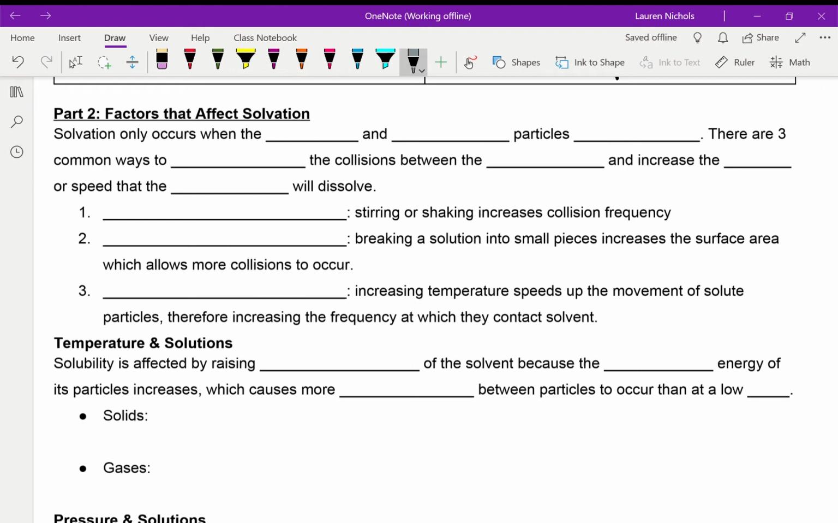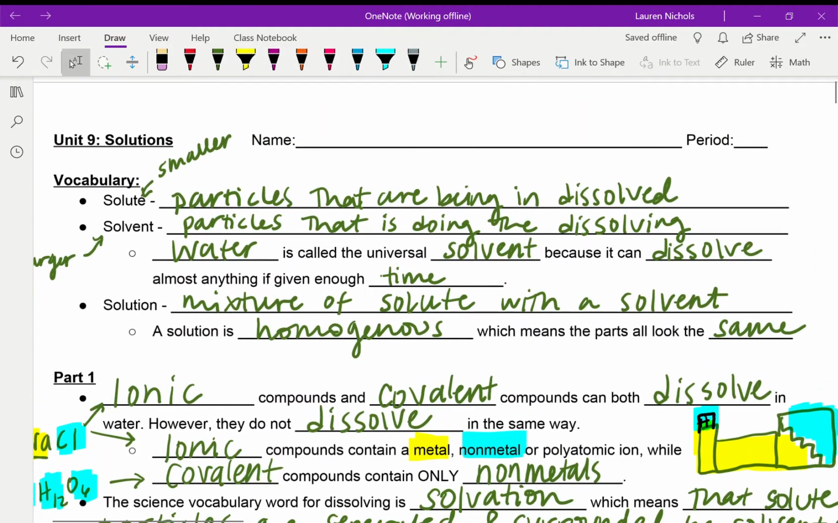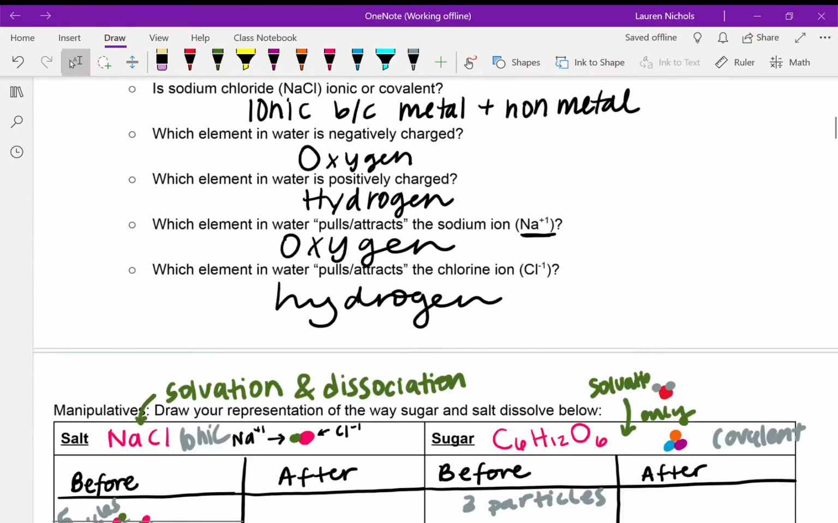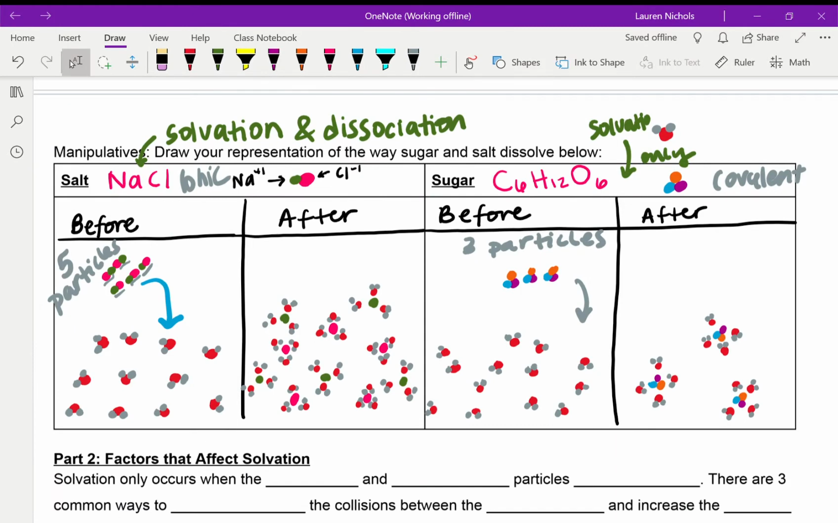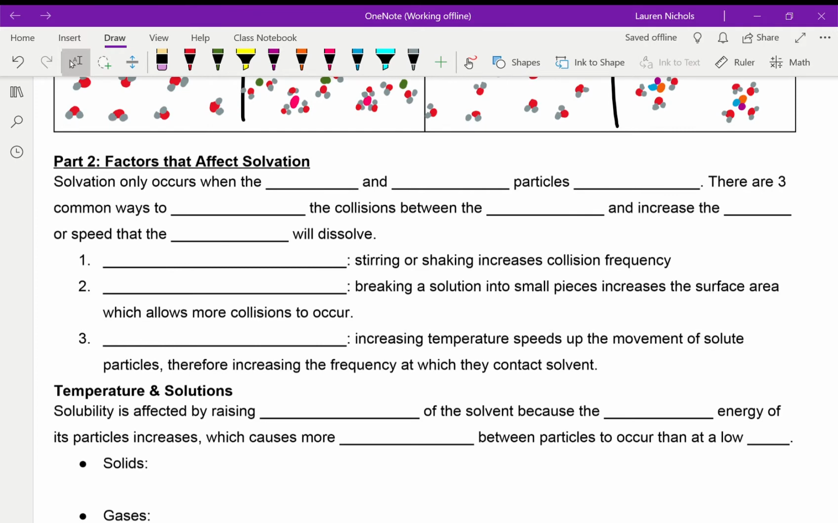Alright everyone, so in this video we're going to be talking about how different things can affect solvation, or how quickly it dissolves. So in our previous two videos we talked about how a solution is something that has a solute and a solvent, something's being dissolved, and how that actually dissolves, so whether or not it is undergoing solvation and dissociation, or solvation only, is based on whether or not it's ionic or covalent, and you can check out those other videos in order to get more information, but different things are going to impact how quickly dissociation and